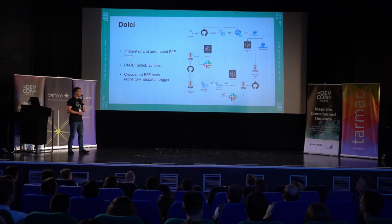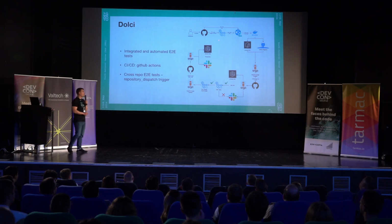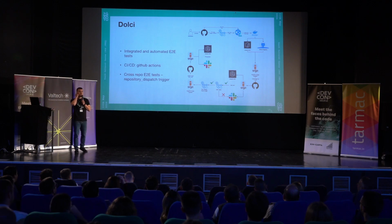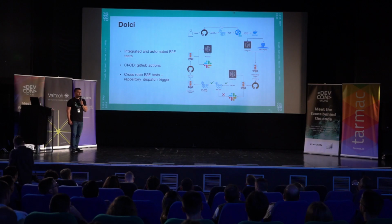And then that will trigger the GitHub Actions pipeline in the application code. Run the unit tests again, success. You're gonna, of course, move to the build process. You're gonna build the Docker image. You're gonna tag it based on your tagging strategy that you wanna use. In our case, we push images to both ECR and GitHub registry. Of course, you can use the registry of your preference. And then